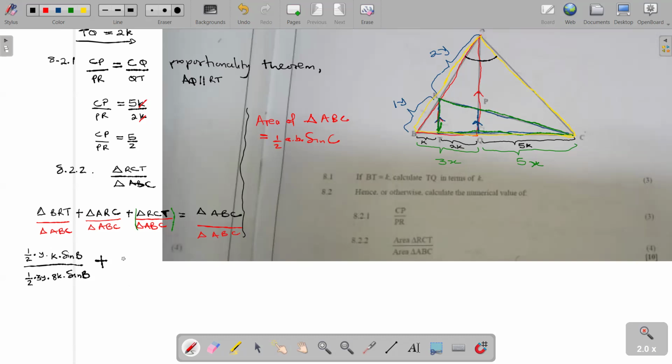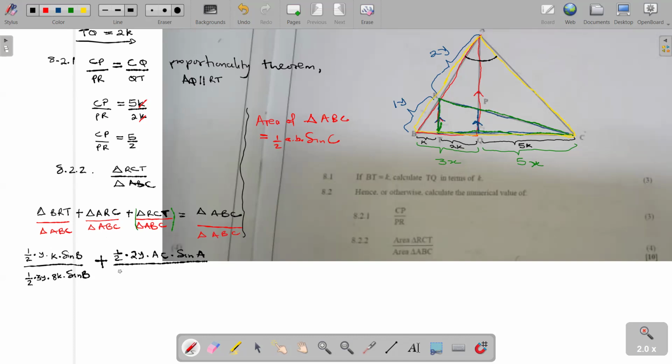So it will mean that the area of triangle ARC will be half, 1 over 2 multiplied by this side AR, which is going to be 2y, multiplied by that side AC, multiplied by sine included angle, which is sine A, all over